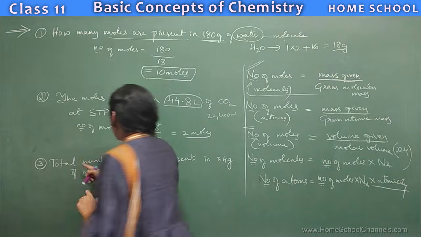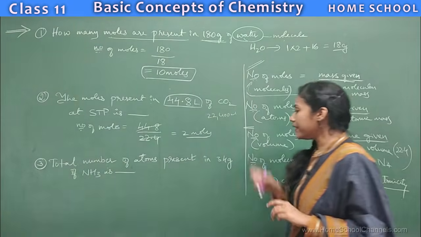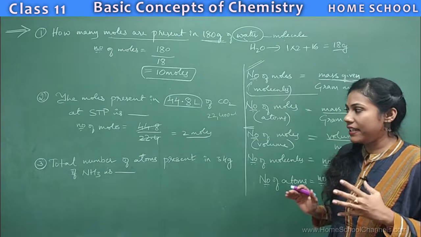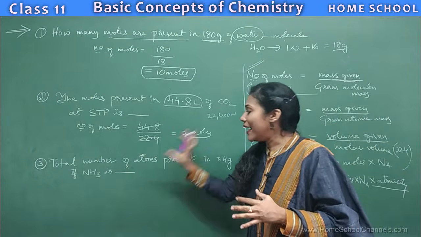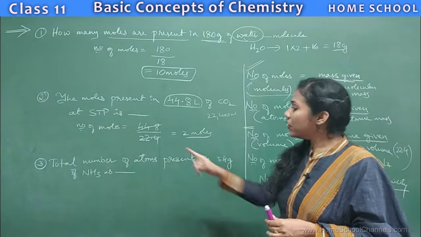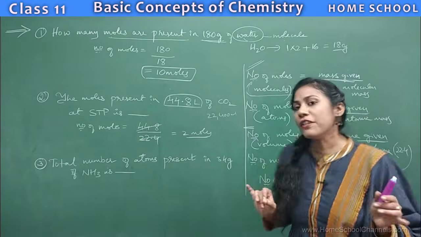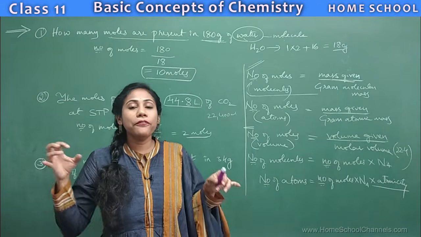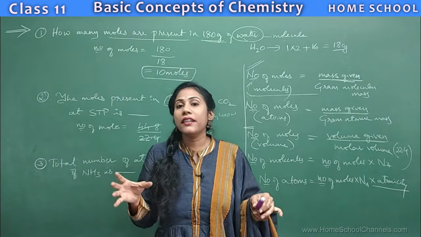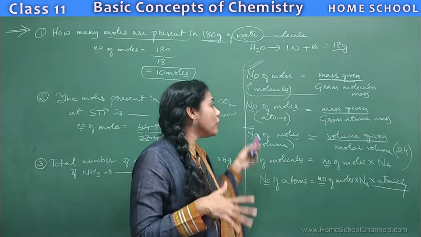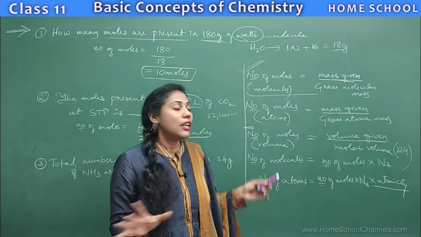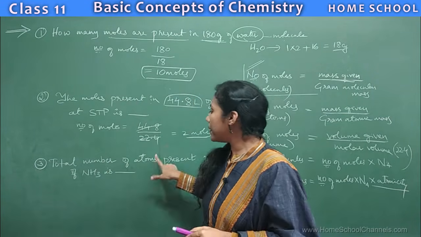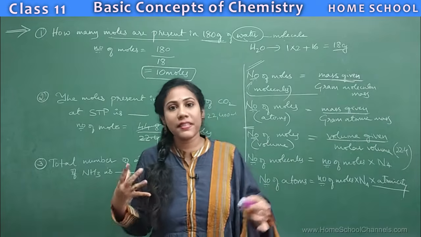Look at the question. Total number of atoms present in 34 grams of ammonia is how much? So they are asking totally how many atoms are present in 34 grams of ammonia. Which is a formula? See, every problem you can solve with a formula. See, if you are facing difficulty applying logic, you can go for using a formula. Okay, no doubt. So, which is the formula that you can use? What they are asking you to calculate? Total number of atoms. That is number of atoms they are asking you.